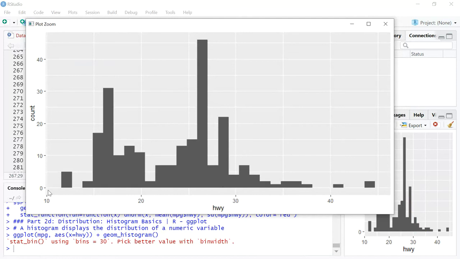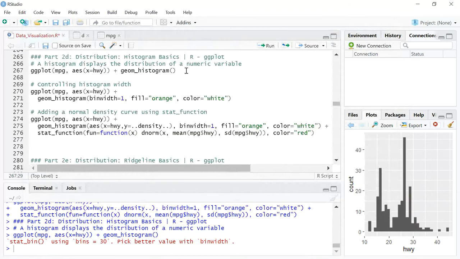And because it's a numerical variable, it will have different values. It will have a minimum value and it will have a maximum value. And through a histogram, you're just trying to see how the data is spread across that range from minimum to maximum. So you can see that most of the mileages are specifically between 15 and somewhere close to 30. You see a big spike somewhere just after 25, maybe it's 26 or 27. I think it's 27. So it just gives you a proper distribution. So histogram is just to understand discrete distribution if you've got a numerical variable.